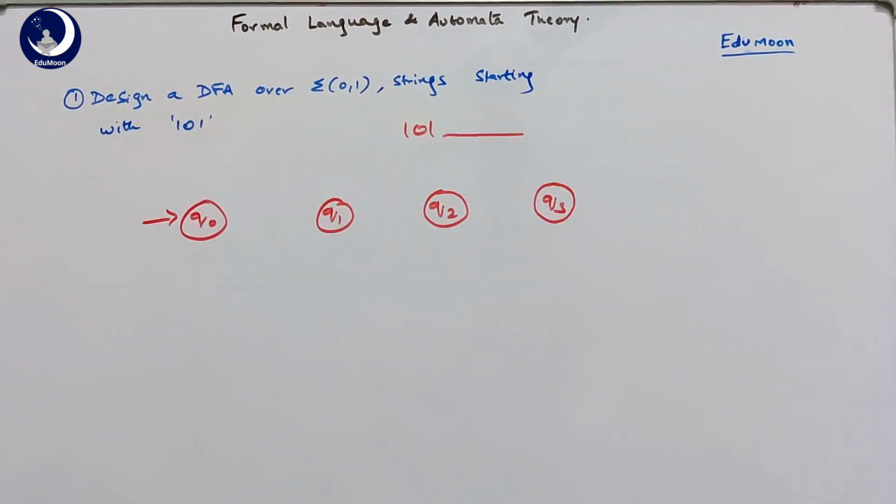So initially we take 4 states because the minimum length of any string here is 3 letters, that is 101 minimum length. So therefore we take 4 states Q0, Q1, Q2 and Q3, and we put the string in between them like 101 as shown here. So once from the starting state, if the string is 101, it traverses to the Q3 state, so it can be accepted. So we can make Q3 as the final state,